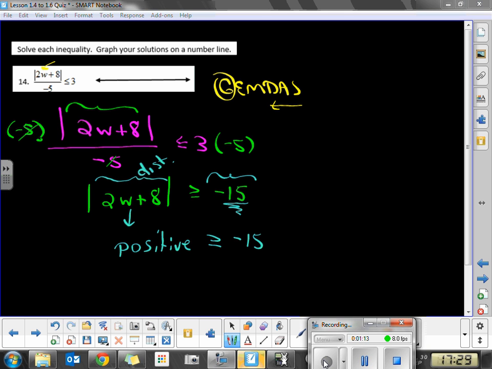So it really doesn't matter what we put in for W, it's always going to end up giving us a value that's positive, which will always be greater than -15. So our solution to this is all real numbers, which means if we were to graph the solution on a number line, we would simply make sure that we include everything on this number line by shading the entire thing. So that one is a case where you could put any number in and it would satisfy the